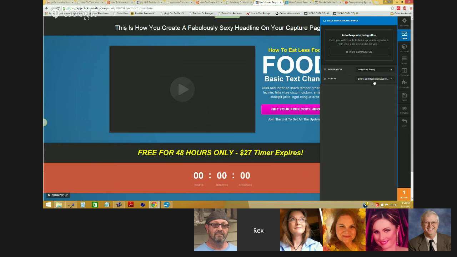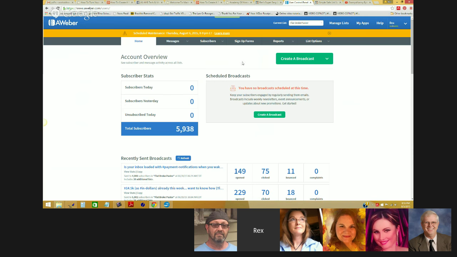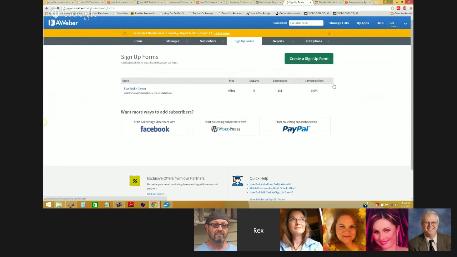And then select the action, which is going to be integrate existing HTML form below. Okay. So now, once you've created a form inside of Aweber, and if you don't know how to create a form inside of Aweber, your autoresponder, don't panic, because like I said, we'll go into that more tomorrow night. Okay. But all I have to do is go into sign up forms where my autoresponder exists and grab a copy